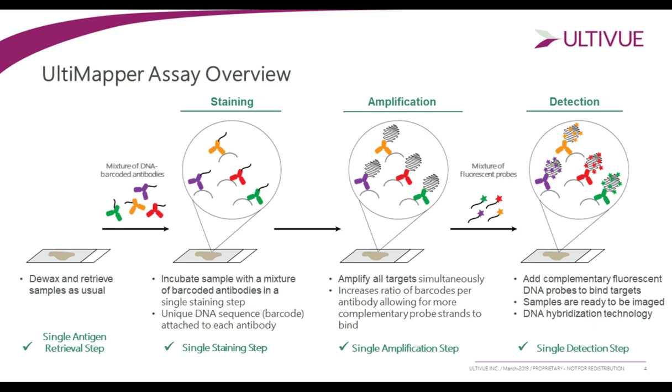So CD4 would have its own signature, CD8, for example, would have its own unique DNA signature. And these are very different. They do not interact with each other. They do not share any homology with anything that's in the human genome. They're very specific, and they're very unique to each antibody. So we can actually stain the slide with all of our primary antibodies in a single step, and we do